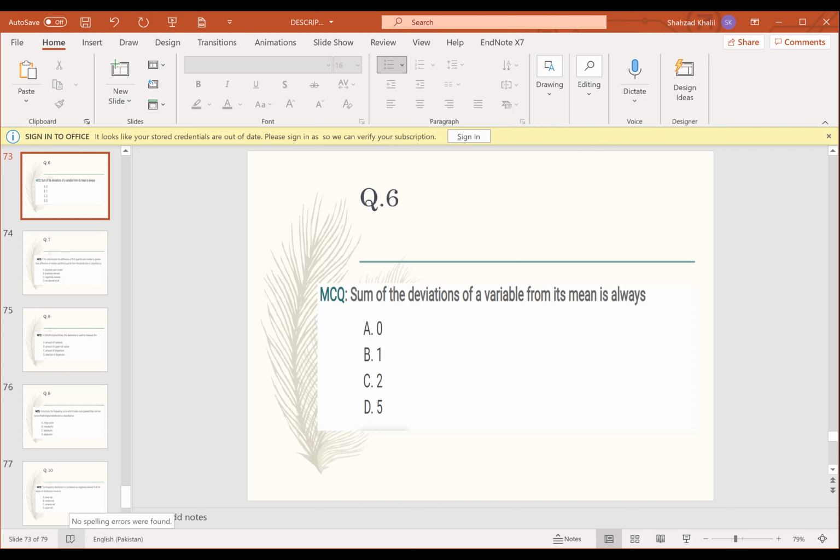When you have the sum of all the deviations from the mean, it is only a characteristic of a normal distribution curve that the sum of the deviations of a variable should be 0. However, we have other distributions, like the Poisson distribution and skewed distributions, where the deviations would not come to be 0. So you will first have to give us a scenario that there is a normal distribution, and you can even show